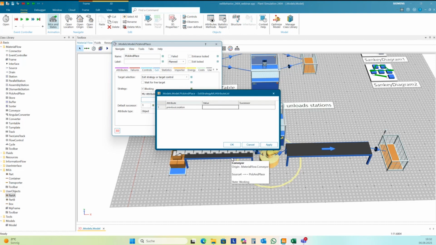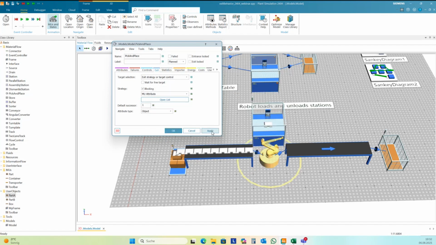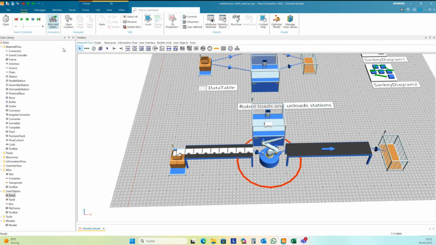And if this is conveyor, then it should go to successor number 1. And if it's station 8, then it goes to successor number 2. And so you can force the pick and place to the right sequence.